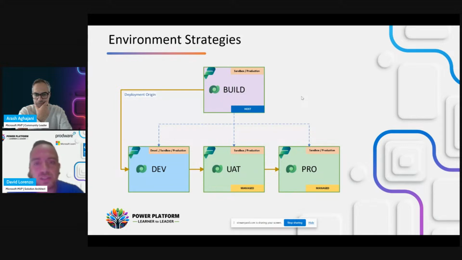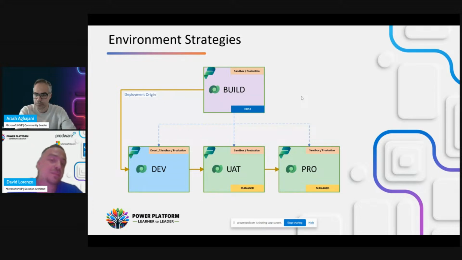The first one is that we have a development environment where all of our developers are creating the solutions, and we have the downstream environments. In this case, I state here two downstream environments, UAT and Pro, but we can have more of them.